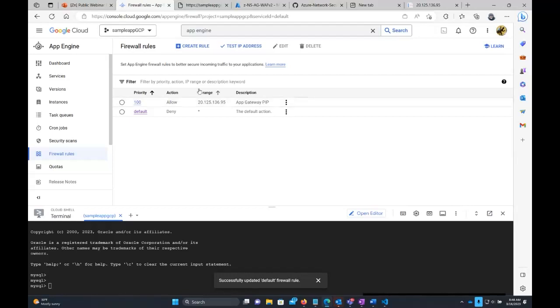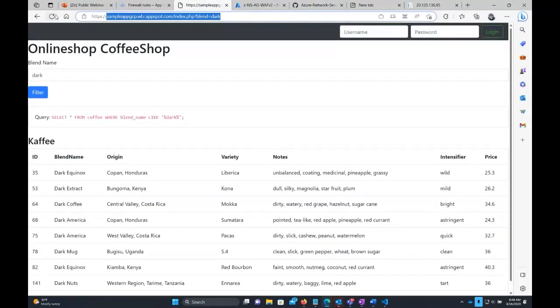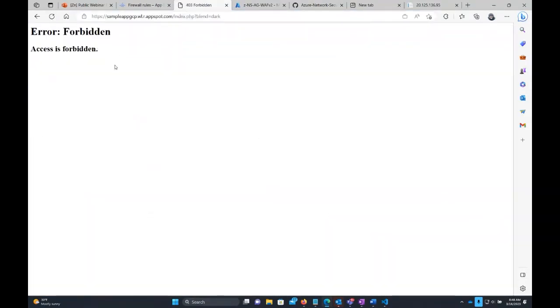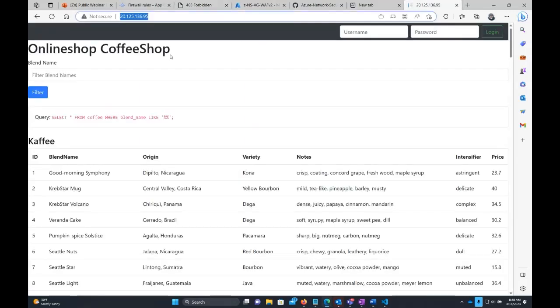So by doing this, once this takes effect, I can call back to my application. And if I do a refresh now, I am forbidden because the rule that I've set up is now forbidding it. All I've just done is allow this connection to come from the app gateway, and I'm restricting access